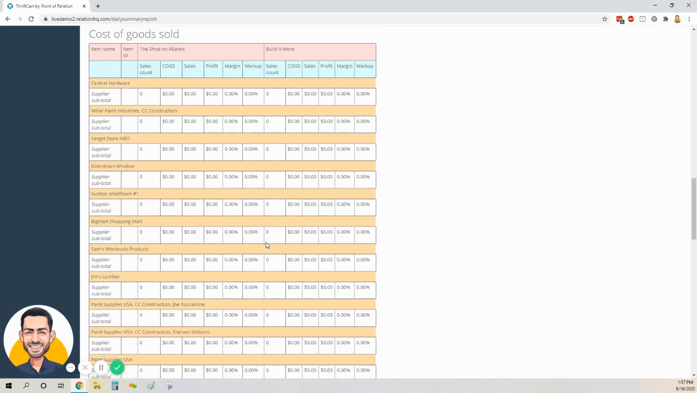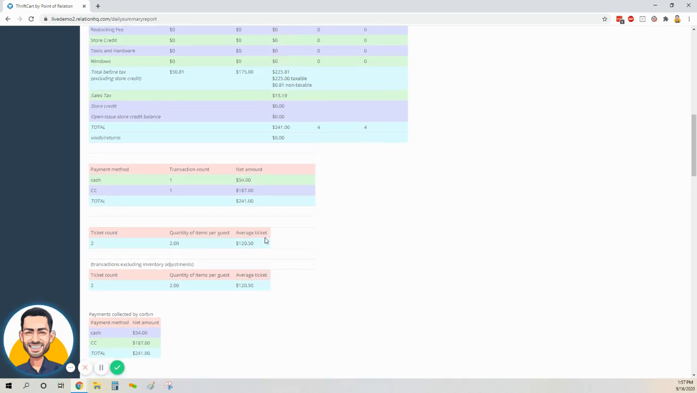So I hope that was helpful. If you have any questions about tracking cost of goods sold, or you would like to see that information reported in a different way in your ThriftCart account, please do reach out to us. If you have any questions about generating barcodes, please don't hesitate to reach out to us with those questions as well. You can email us at